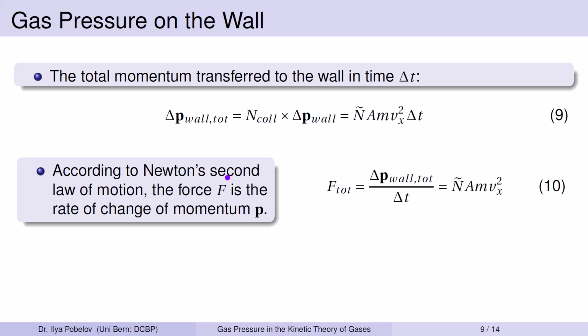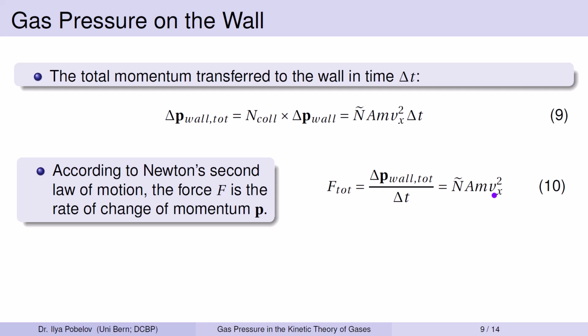According to Newton's second law of motion, the force is the rate of change of momentum. Therefore, the force exerted on the wall is equal to the total momentum transferred to the wall during the time interval delta t divided by the same time interval delta t. The time interval cancels out, leaving an expression for the total force equal to n tilde times a times m